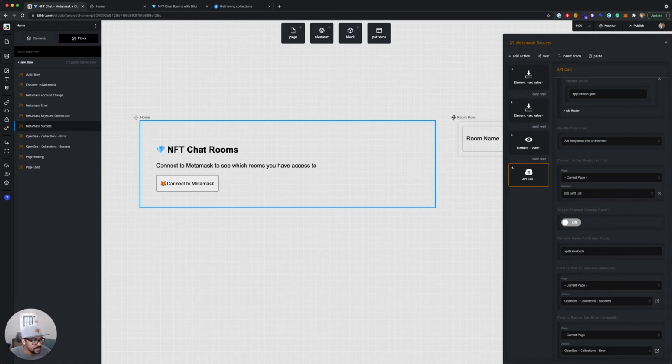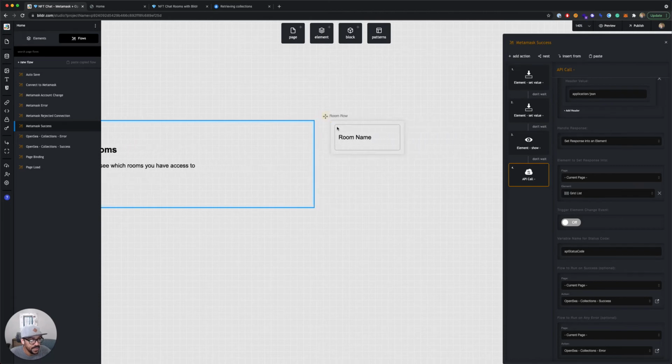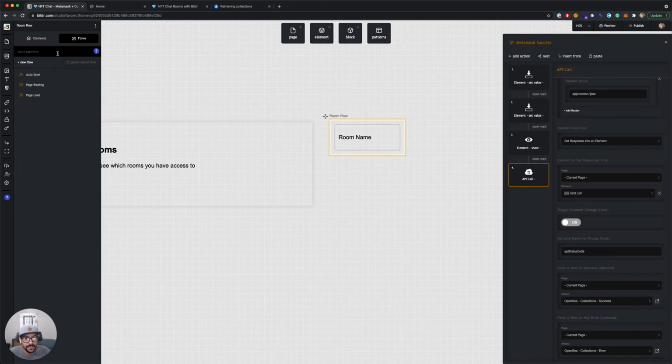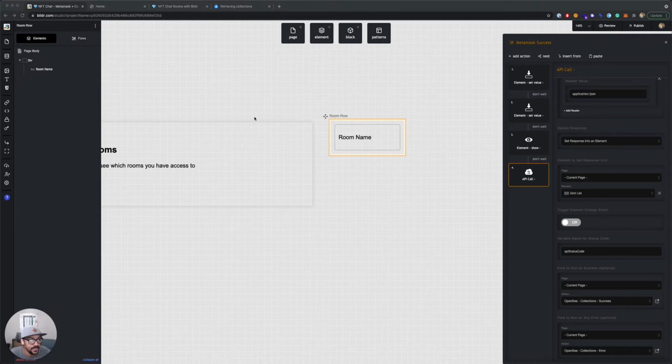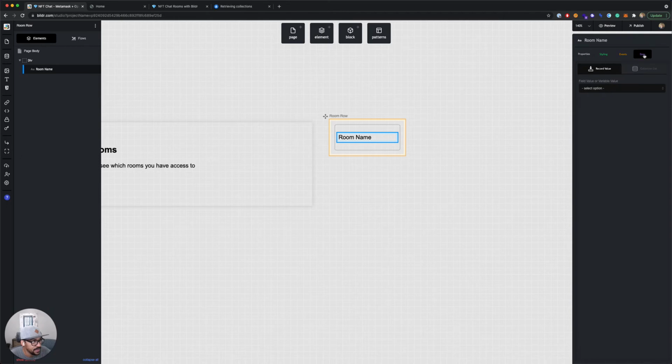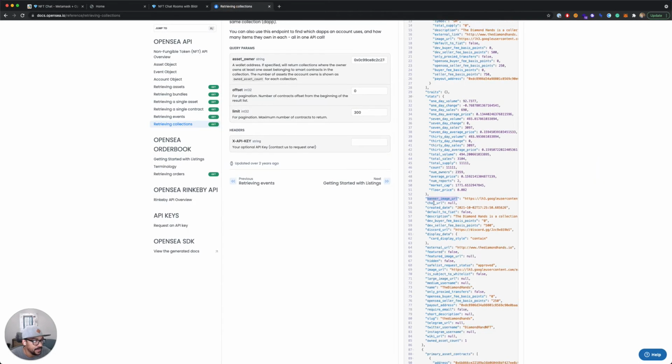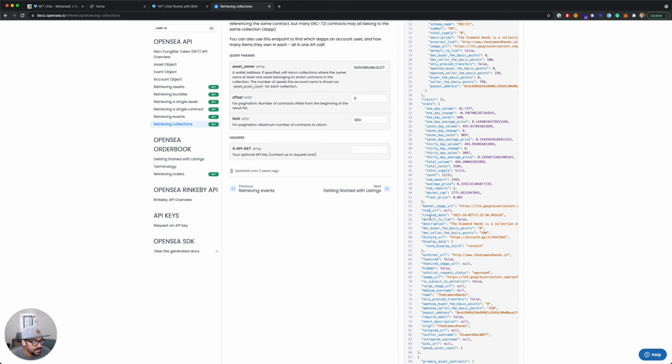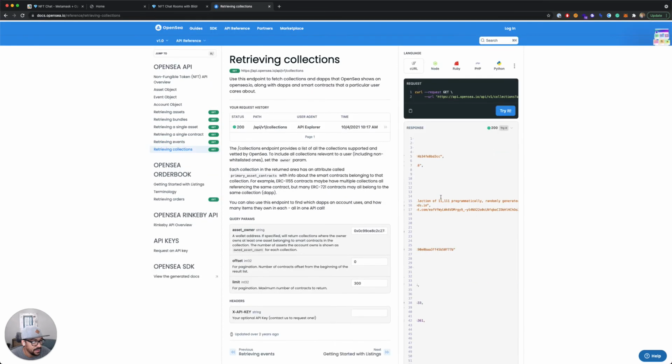Now we just need to connect our room to it. Or I should say we need to connect the collection name to the room. So let's go into our room row, and we have this element here for room name. And to connect this to our API data, I'm going to go to the data tab, and I'm going to say from variable. And again, any of these key value pairs that are at the top level of the array,